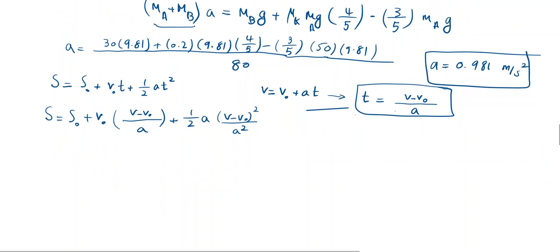So just a bit of cancellation. This a will go with one of these a's, and then if I multiply both sides of the equation by 2a and move s naught to the other side, I would get 2a times (s minus s naught) is equal to